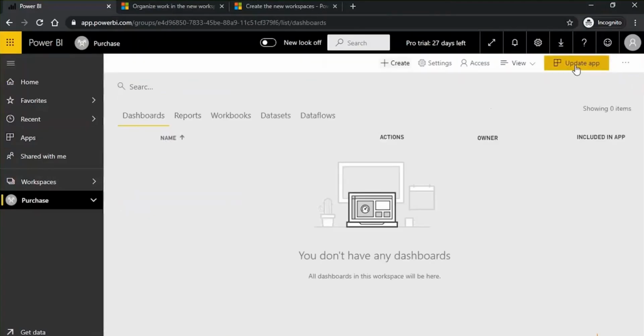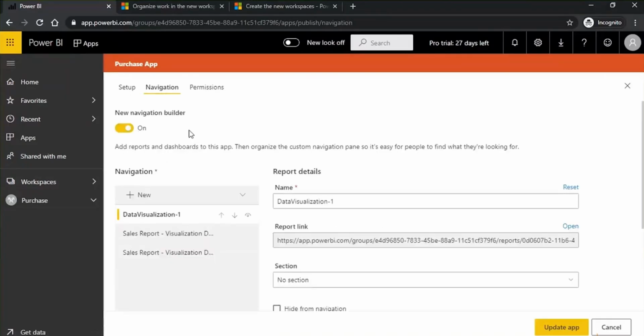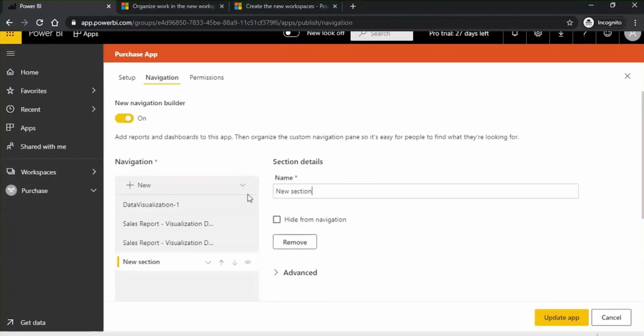Now click on update app again, and under navigation, this time you have the new navigation builder, so you can enable it. And now you have the flexibility to assign which report goes first, second, or if you want to create subfolders here. Let's say I create a subfolder under purchase, a section. Let's say this section name is Sahil, and Sahil is a manager.